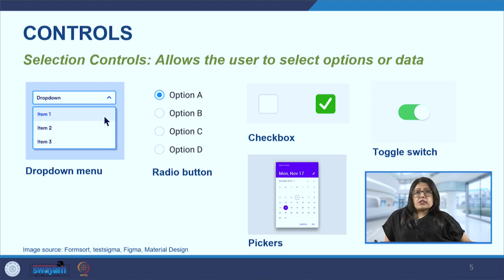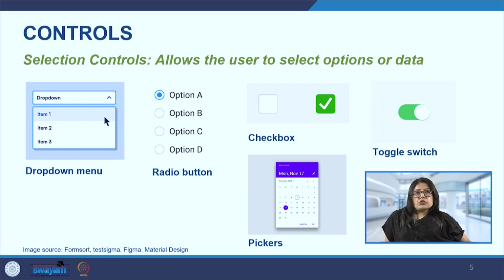The next is the check boxes, which may allow the user to select one or more options. Each box can be checked or unchecked independently, so they are not dependent on the other. For example, when we are selecting multiple interests or preferences while signing up for a particular application, we can select several of those at the same time. We don't have to select only music or cooking or reading, but if we have these three hobbies, we can tick all three of them.